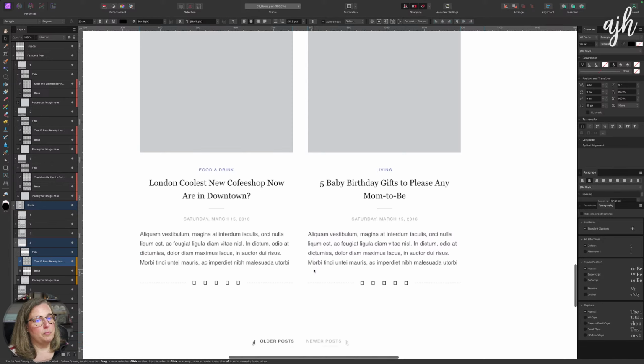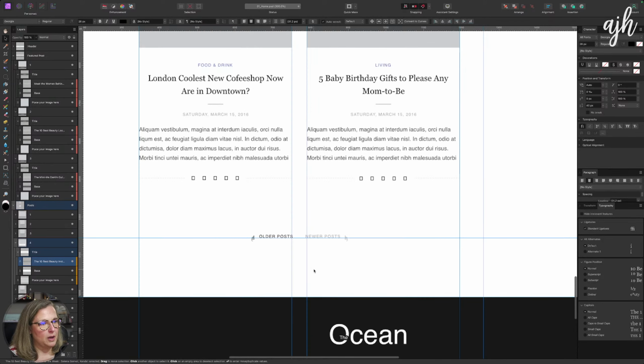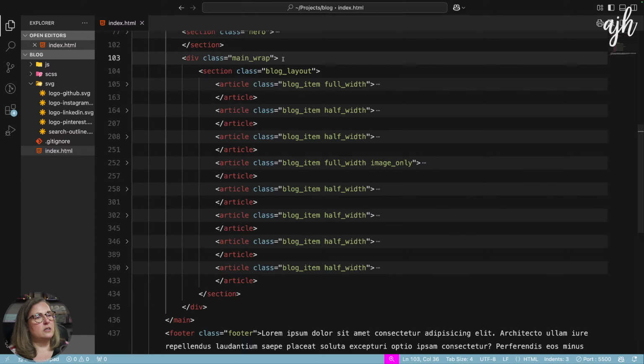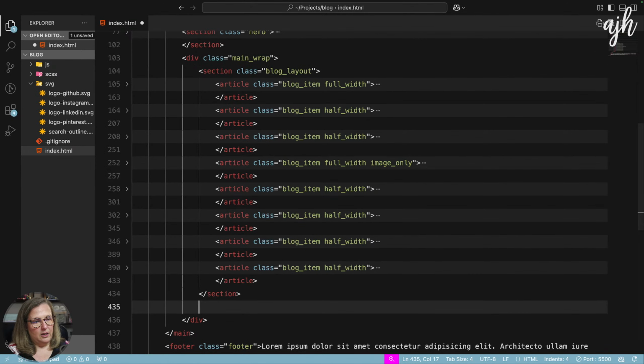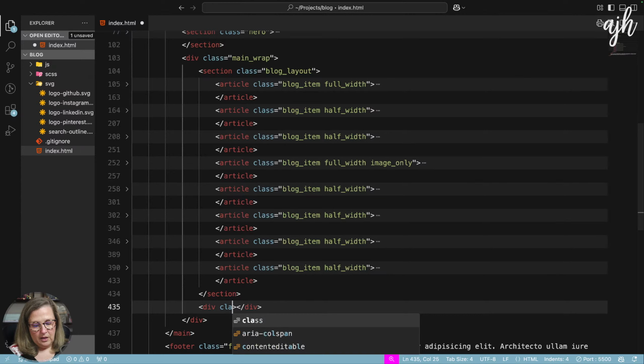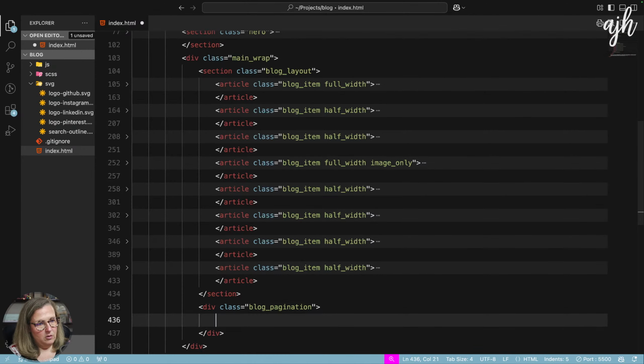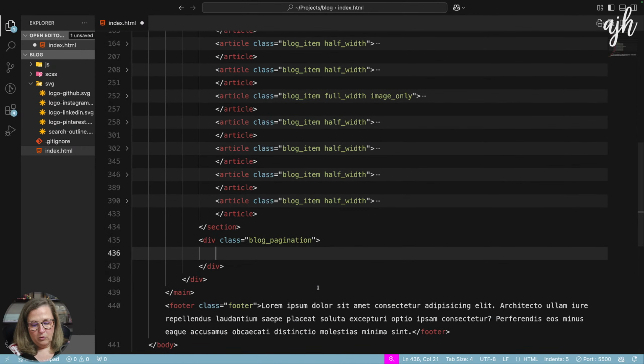Let's see here. I think we have some pagination down at the bottom. So we'll put in pagination. So we've got older post, newer post. So right down here, I'm going to put it outside the section. So we'll do this. We'll say class blog pagination, and then we'll do